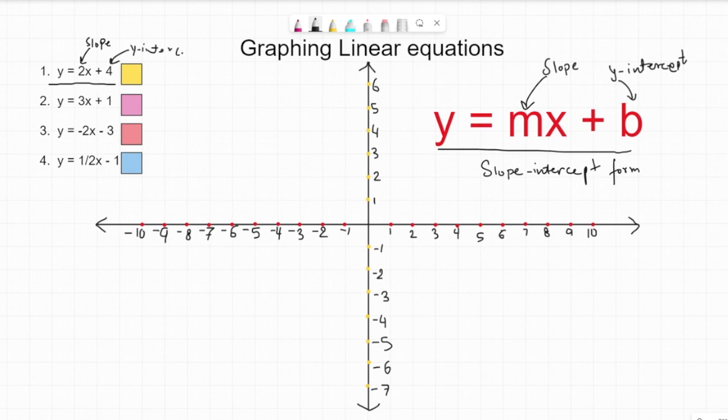Before we start graphing the linear equations, we should know something about slope. We have done a video before about slope, so if you want to look at it in detail, you can just click on the link provided in this video. When the slope is a positive number, let's say this is a graph, a line going in an upward direction is a line with positive slope, and a line going in a downward direction